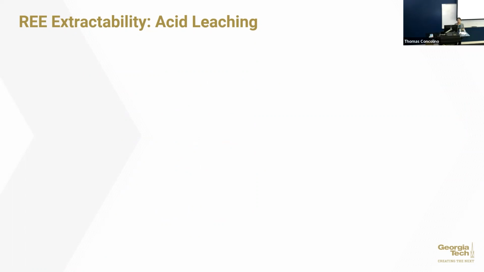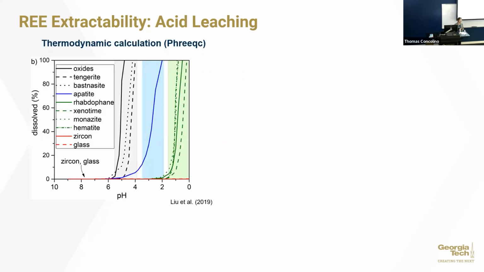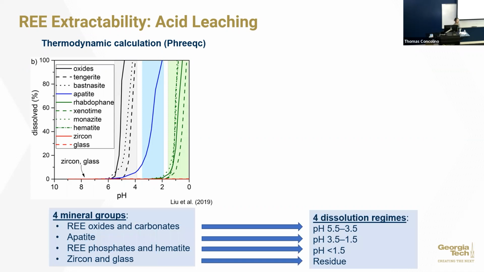the physical distribution. Now we want to test their acid extractability. A very first step that we do is we conduct a thermodynamic calculation using a software called REEs. So we calculated the solubility of different REE phases along different pH regions. Here is pH 0 and that's 10. It's kind of reversed. And what we can find is we can categorize them into 4 different